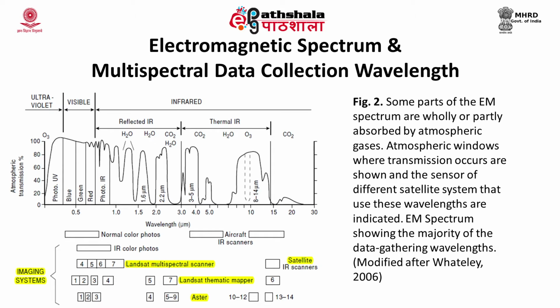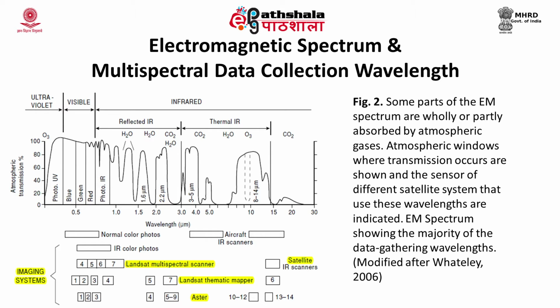And if you look at the IR sense scanner which is fitted in the aircraft, that will take photos from a certain region of the electromagnetic spectrum. And if you look at the IR color photos, that also takes pictures from the green wavelength to the near infrared region. And if you look at the different imaging systems which have been fixed into the different satellites,